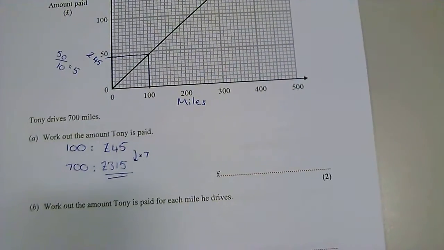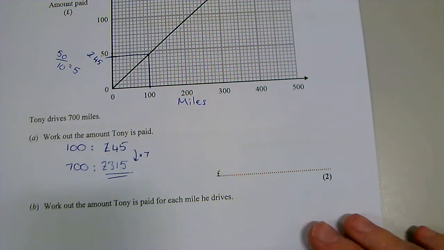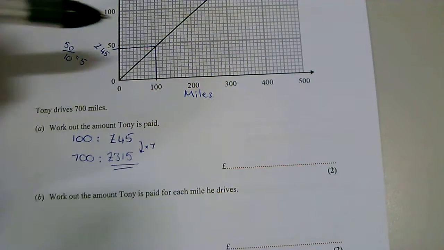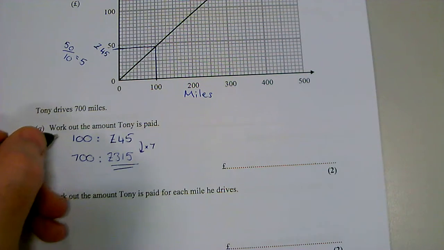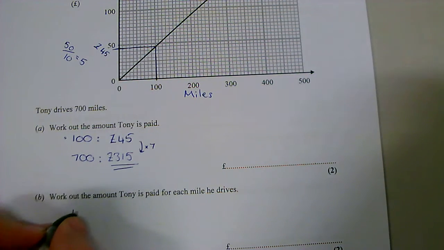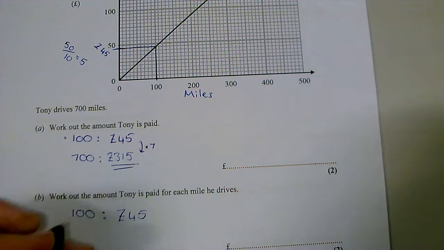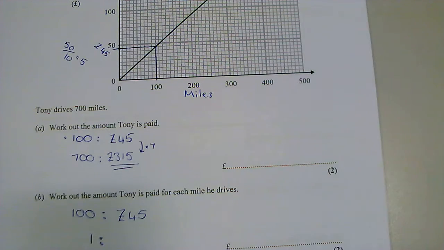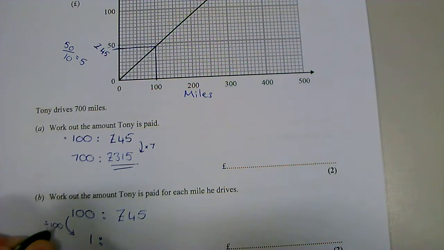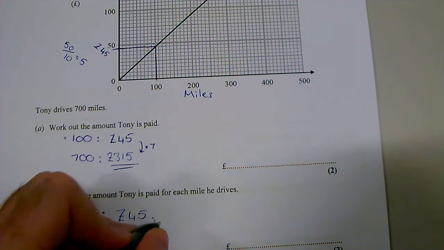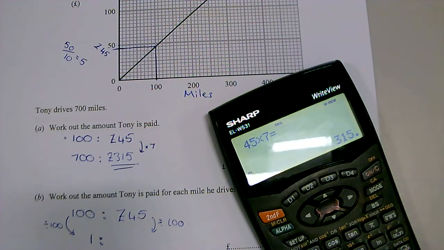Part B says work out the amount Tony is paid for each mile he drives. Now, the scale is very small to work out 1 mile here. So, I would use that first part from A, where 100 miles is £45, to use that to find what 1 mile is worth. So to get from 100 to 1, I divide by 100. So I'm going to do the same to my 45. So 45 divided by 100